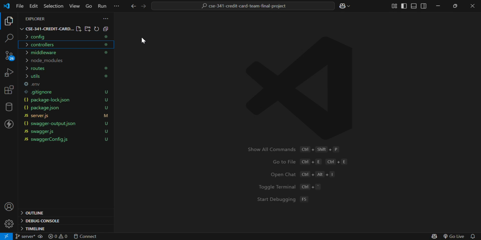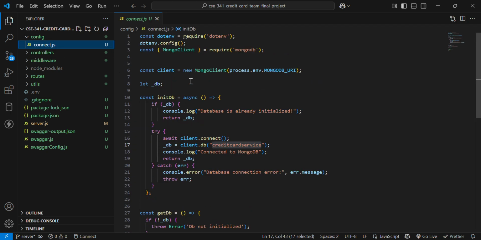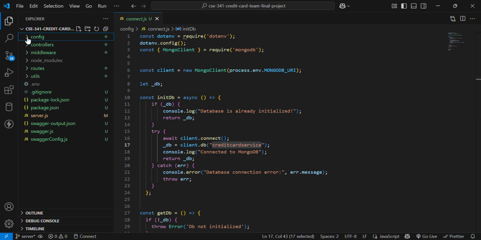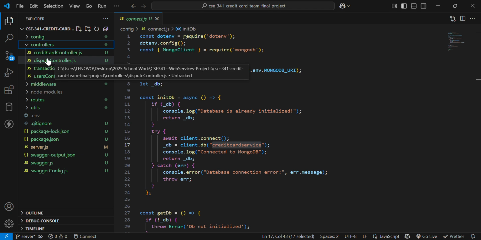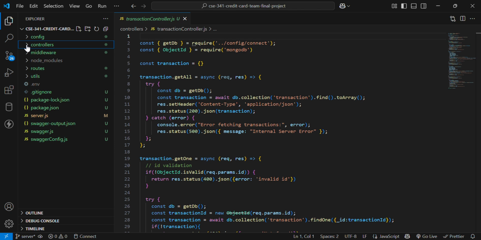The other two tasks were to add transactions and also to add disputes, and this has already been done, and you can find all the code in here. This is for the database, and then under the controllers you can see we have the disputes, and then we have transactions, and then when we go to middlewares,